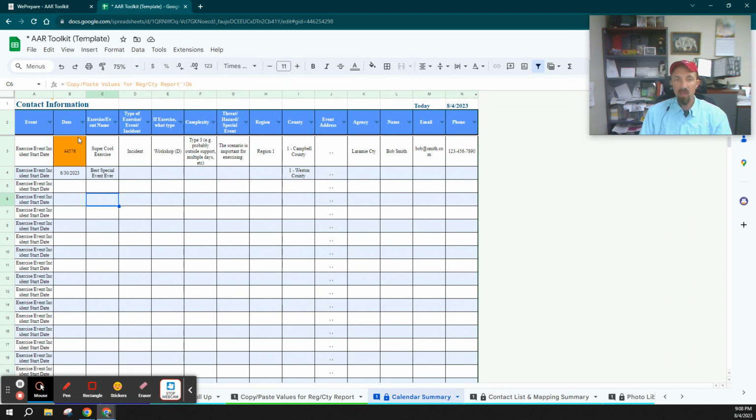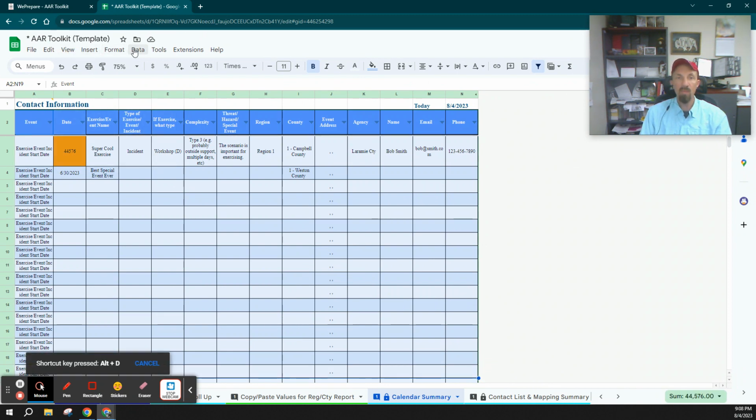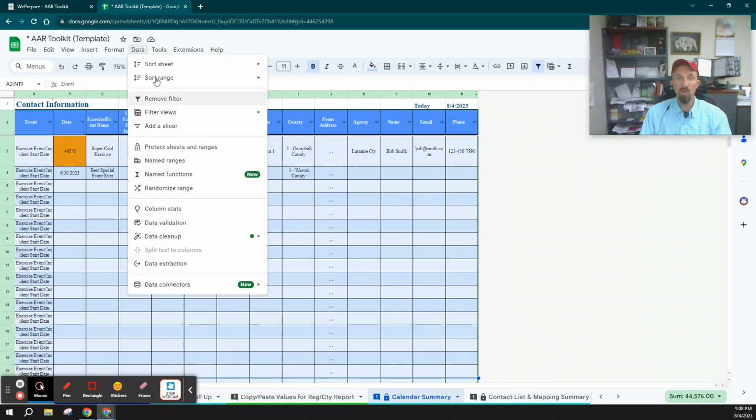Essentially it's going to be by date range, and it's looking across all these exercises, and it's going to pull out any of the stuff that we've got going on, and then we can sort it by sort and filter. So if you want to sort and filter by the complexity or the region or the county or whatever, or we can grab the whole thing here, and do a data sort range. We can then bring up,